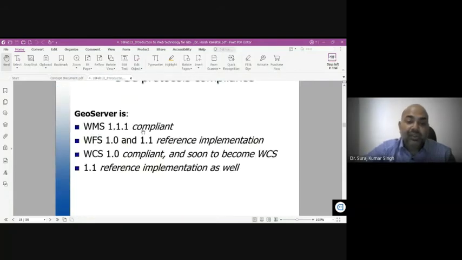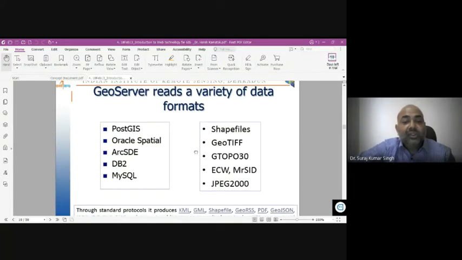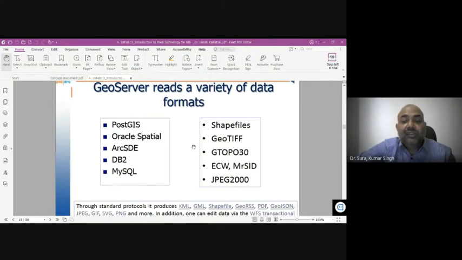GeoServer is WMS 1.1 complete, WFS 1.0 and 1.1 reference implementation, WCS 1.0 complete, and soon to become WCS 1.1 reference implementation as well. So GeoServer reads a variety of data formats. What are the formats that the GeoServer can read?